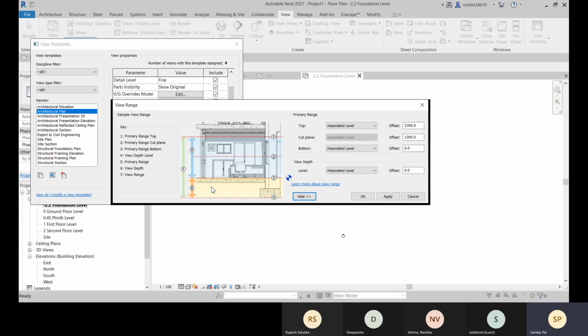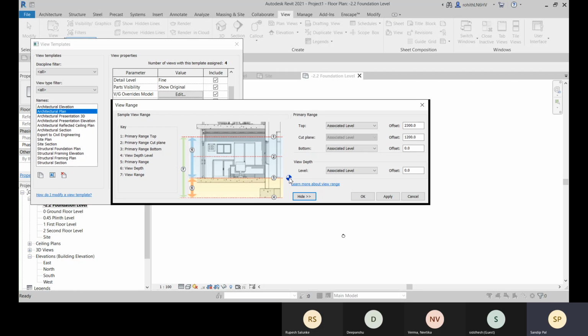Suppose you want to include that site. So that is not the primary. Suppose you are in the first floor, but you want to include the site layout in the first floor. So in this first floor view, the site plan is not the primary view. So that will come under the view depth.